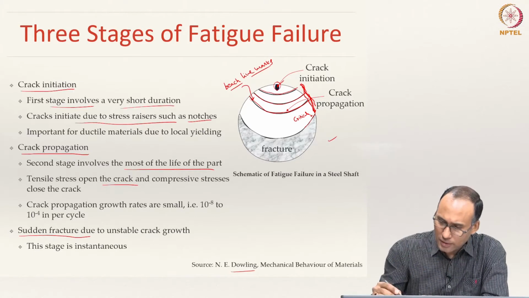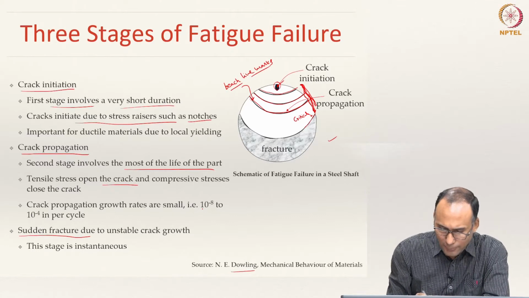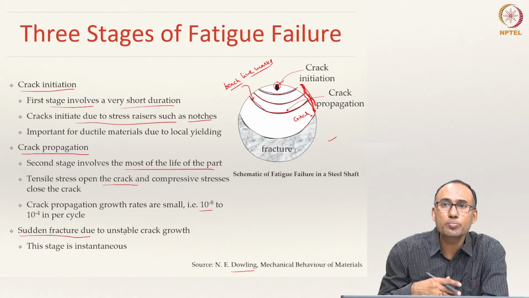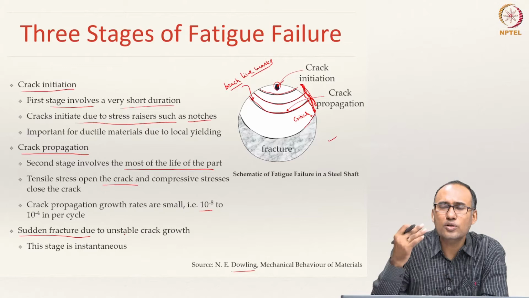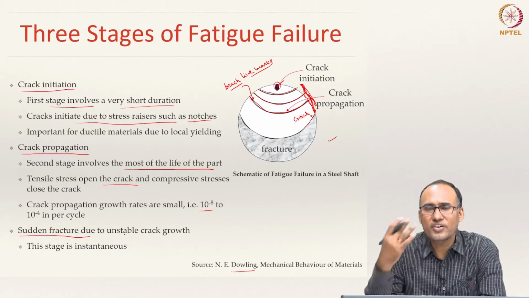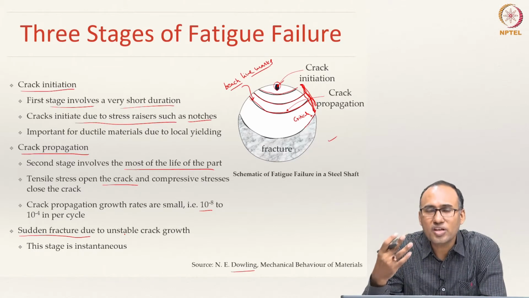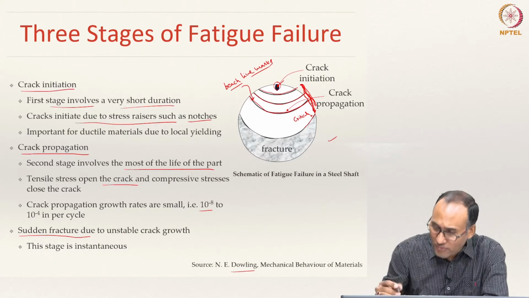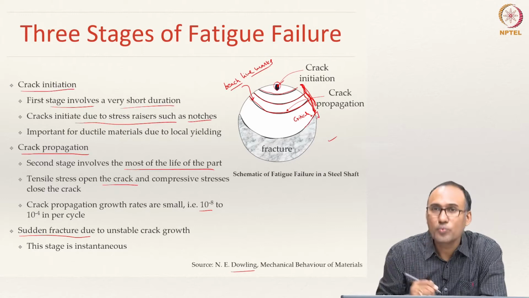And usually in this regime, the propagation regime, the growth rates are typically in the order of 10 power minus 8 to 10 power minus 4 inch per cycle. So, that means it will take several cycles for a crack to grow to a critical length. Half an inch, if it has to grow, is going to take a significantly large number of cycles. And once the crack becomes critical, then there is no going back, it suddenly rips through, as we have studied